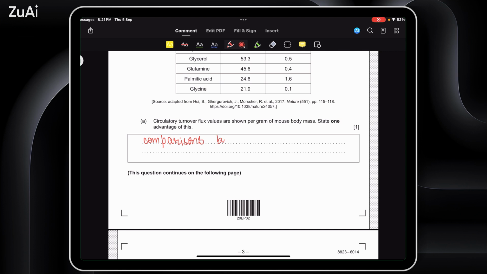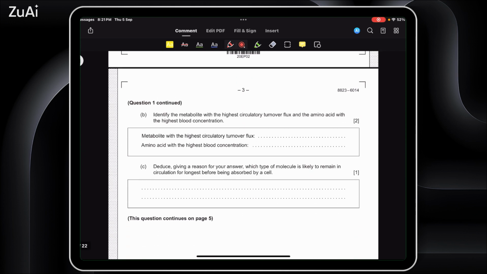So, comparisons between mice and other animals. That's the answer. Okay, identify the metabolite with the highest circulatory turnover flux and the amino acid with the highest